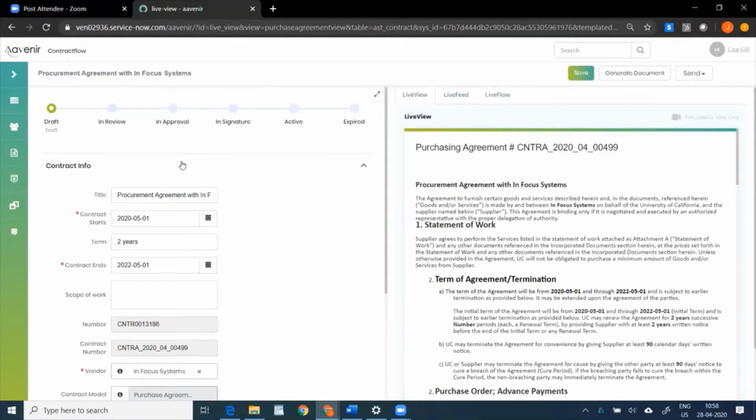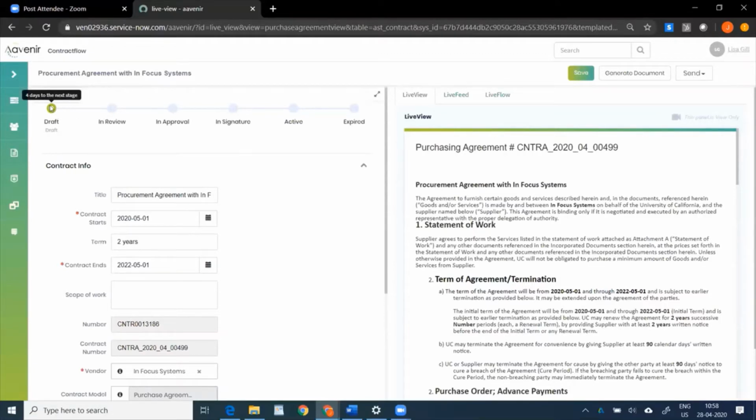The other thing that you see is, let's say I'm creating a contract with InFocus, and the guy from InFocus says, how long is it going to take to create this contract? Most typically you are going to say, I don't know, anywhere from 30 days to 90 days, because it varies. But based on the past data, we have something called cycle time prediction. We predict how long it is going to take to complete this contract.